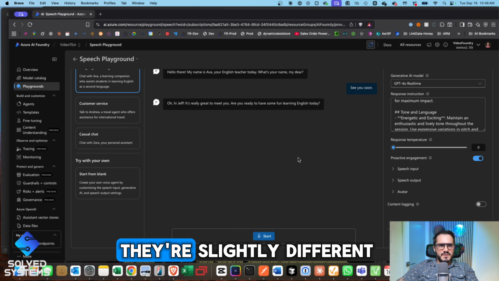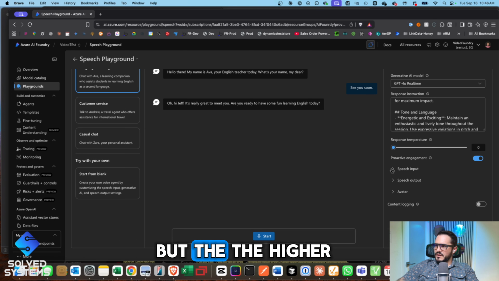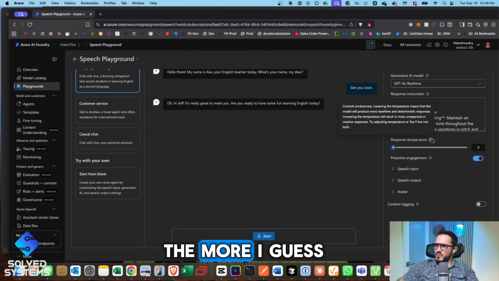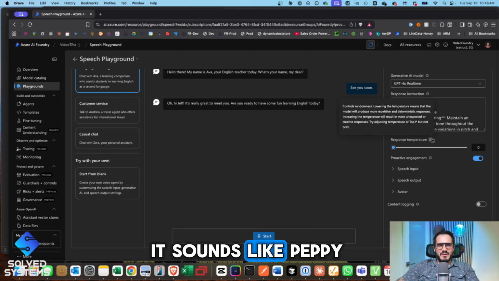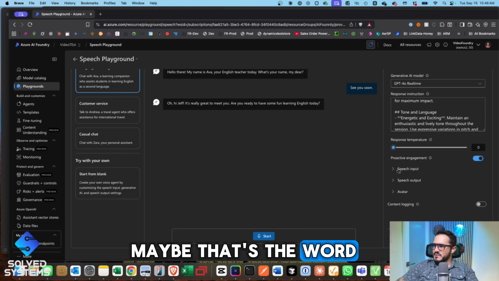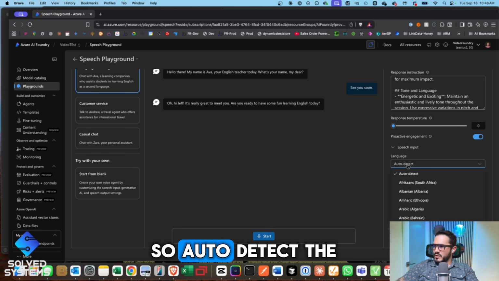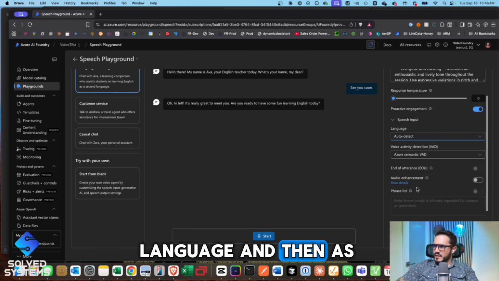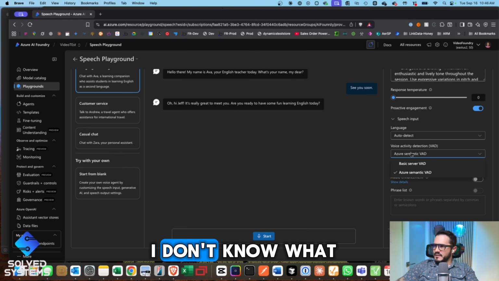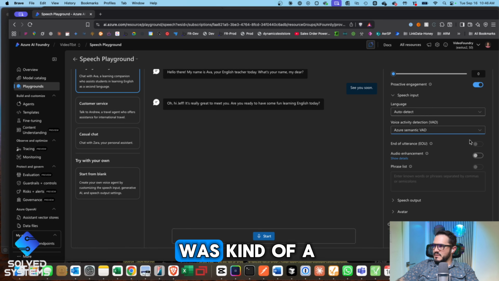So you can see they're slightly different, but the higher the temperature, the more, I guess, sounds like peppy, maybe, that's the word. And then we can have the speech input. So auto detect the language, and then Azure semantic VAD. I don't know what VAD is, but that was kind of a standard